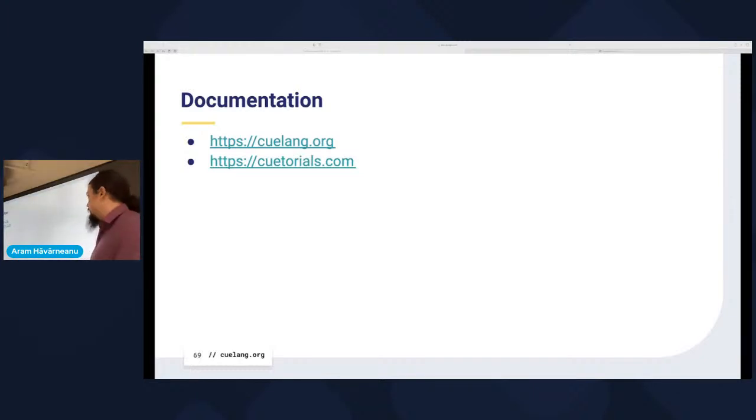Also the spec, which is quite readable, just like the Go spec. But there's another third-party site that somebody from the community wrote. It's tutorials.com. It's excellent CUE tutorials, and I really recommend taking a look at that. It kind of speaks to our community that we have people who invested so much that they created these resources essentially for everybody, which is absolutely great.